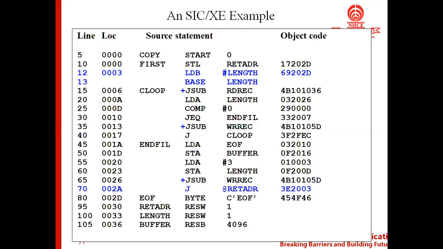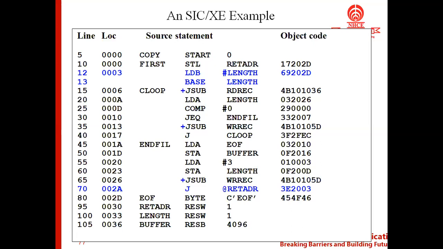Similar to this, for each and every instruction, we follow the same fashion, whether it is format 3 or format 4 or format 2 or format 1, we have to find out. Okay, so we can understand. So in this fashion, the assembler will be assigning an address to each and every instruction in the program.